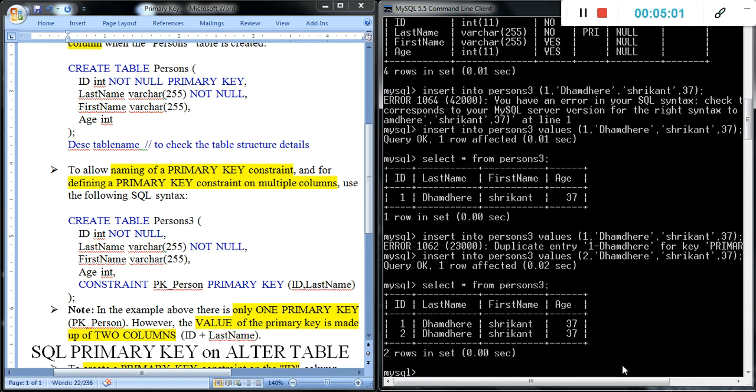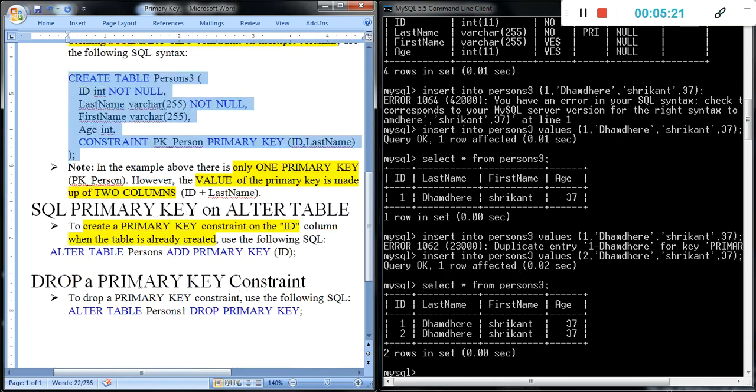Then select star from the table. It contains two records; last name, first name and age are the same, only the IDs are different. That is the use of two columns as a primary key defined under a particular table. This is the explanation about the primary key.